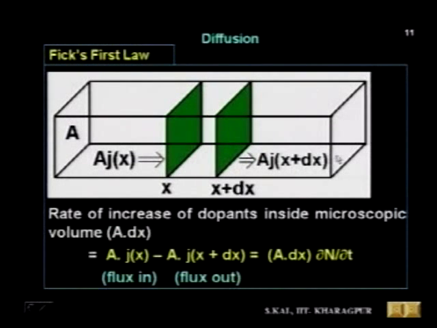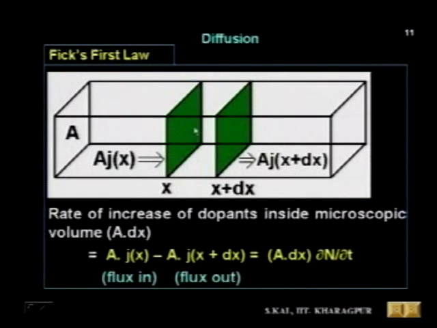Now this is a small section of a silicon atom, say a rectangular section we have considered here, and this rectangular bar A is the cross sectional area, and these are two planes, one is at x and the other is at x plus dx. These are the two planes, and J is the flux. So at plane x, the flux